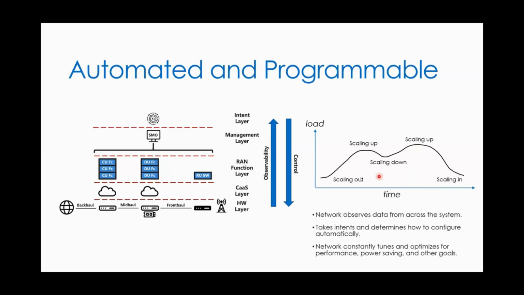But the intent and management layer is constantly looking at what is happening within the network and seeing how does this align with what I'm trying to achieve and what adjustments do I need to make as I go. So the idea is to shift to this model where it is constantly updating and optimizing all the time. And that's moving from the traditional model of, again, kind of worst case provisioning and kind of one size fits all, where you're setting your configuration parameters to something that is good enough for most of the cases that you're going to have to face.